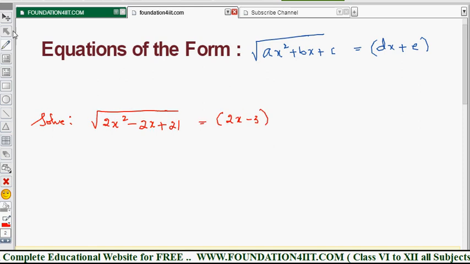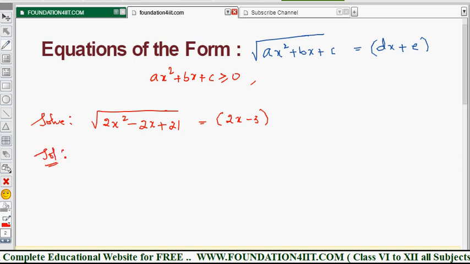So the important thing here is that under the square root the value should be positive first. If under the square root is a negative number, it is complex, so it's not a rational number. Under the square root the value should always be positive and the total answer also should be positive. Based on this, we need to satisfy the condition that ax square plus bx plus c must be greater than or equal to 0. Any other answers will be rejected; we call these extraneous values.